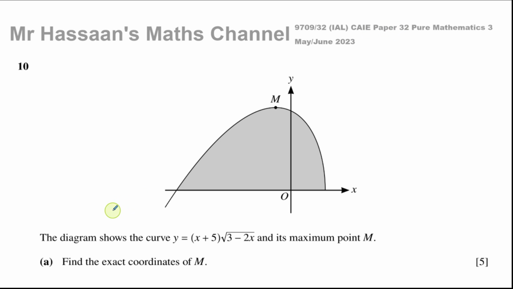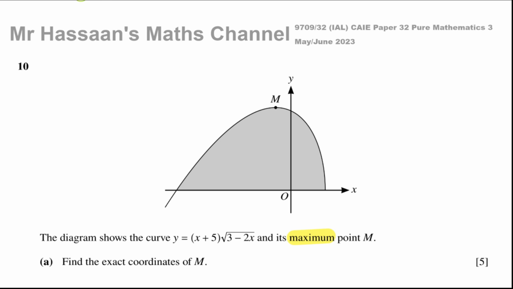And here we have a question where we're told about this diagram and this curve y equals x plus 5 times root of 3 minus 2x, and its maximum point M. So they told us already that it's a maximum point, and we're asked to find the exact coordinates of this point